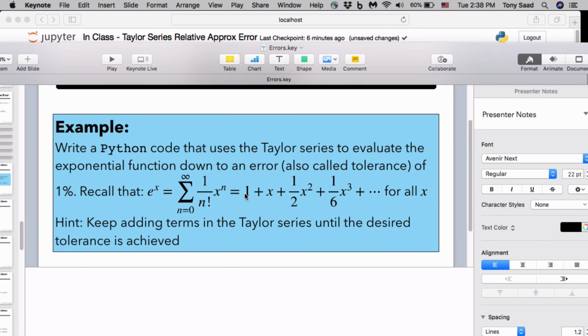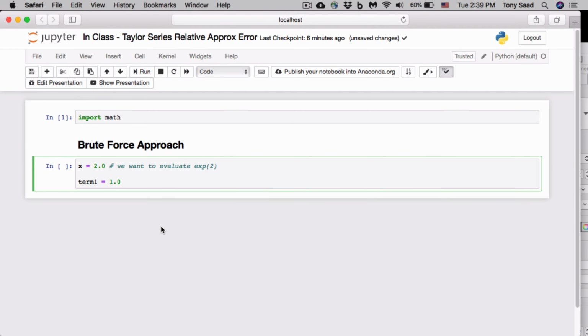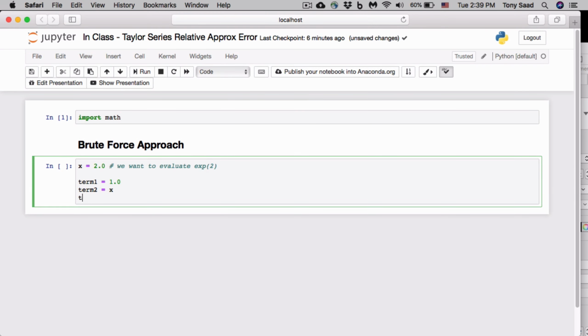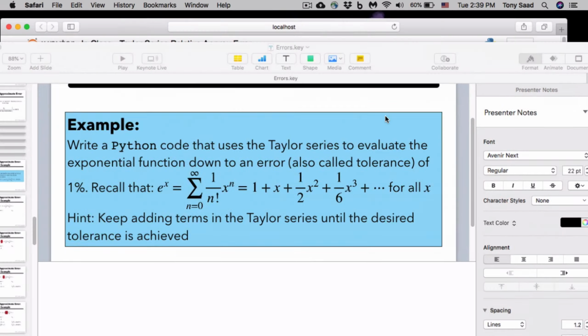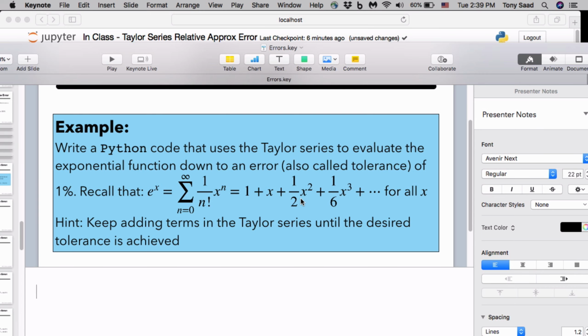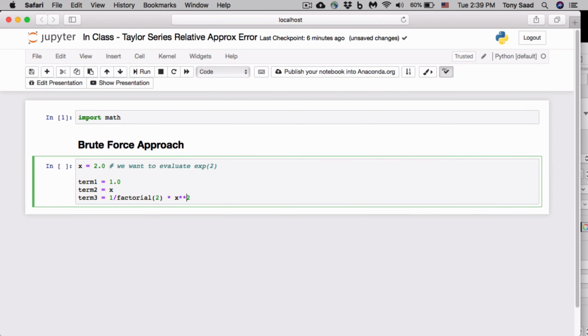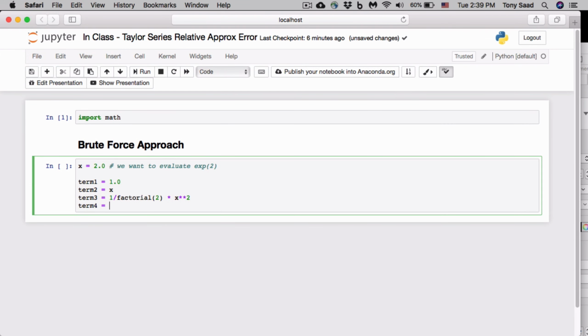So that's term 1. Term 2 is equal to x. Term 3 is equal to 1 over factorial of 2, correct, times x squared. Remember, the exponentiation is you do 2 stars. So you have 1 plus x plus 1 over 2 factorial x squared plus 1 over 3 factorial x cubed. And then you could do term 4 is, let me put 1.0 over here,